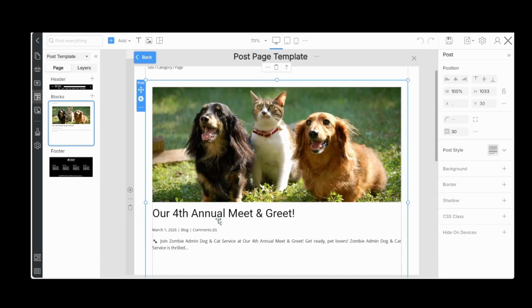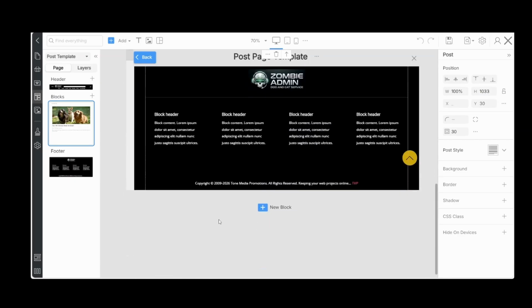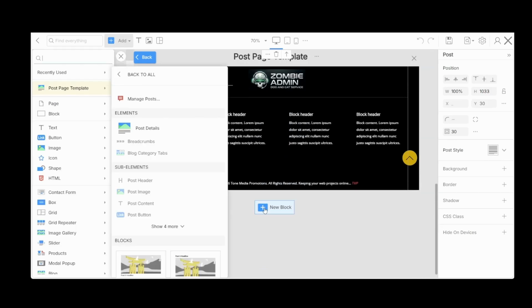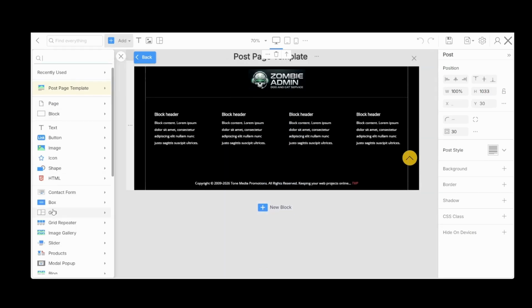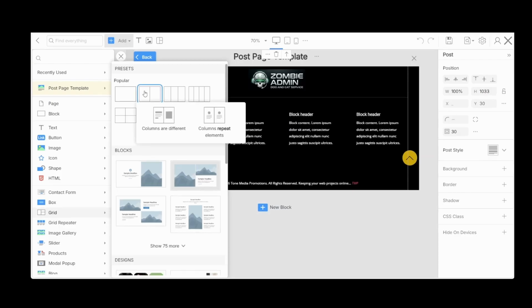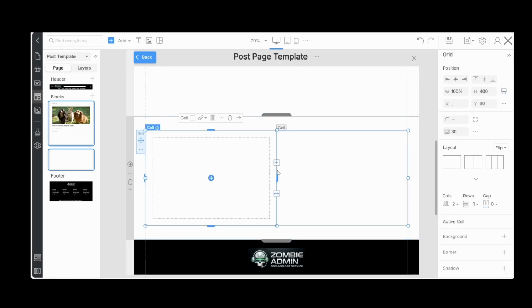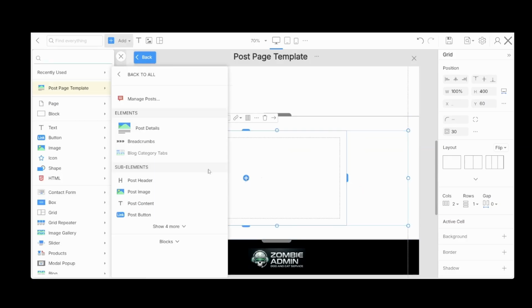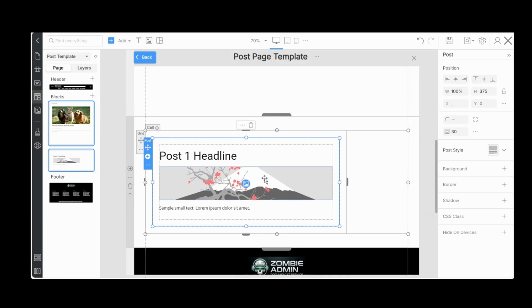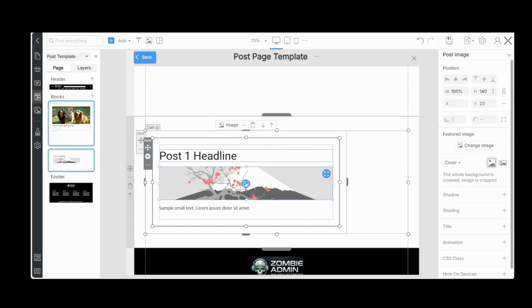Now let's do this and add a grid. There. Columns are different, doesn't matter. Actually it does, but I like to use that one. We're going to resize that. We are going to add a post details right there. We are going to resize this to 500, 525.